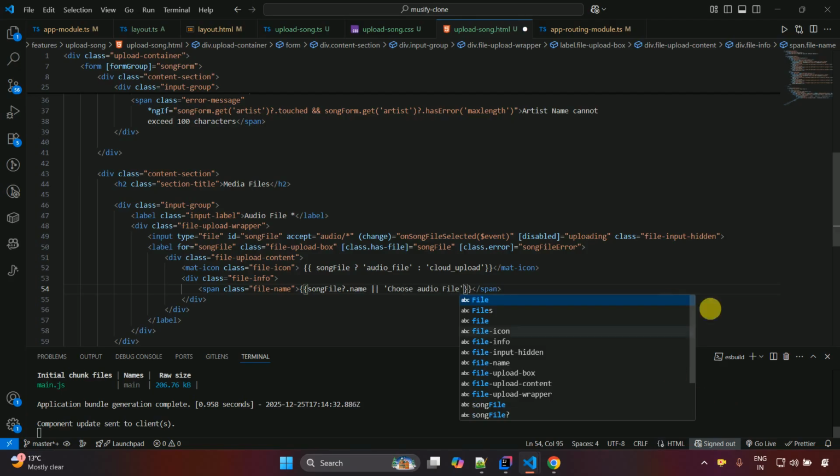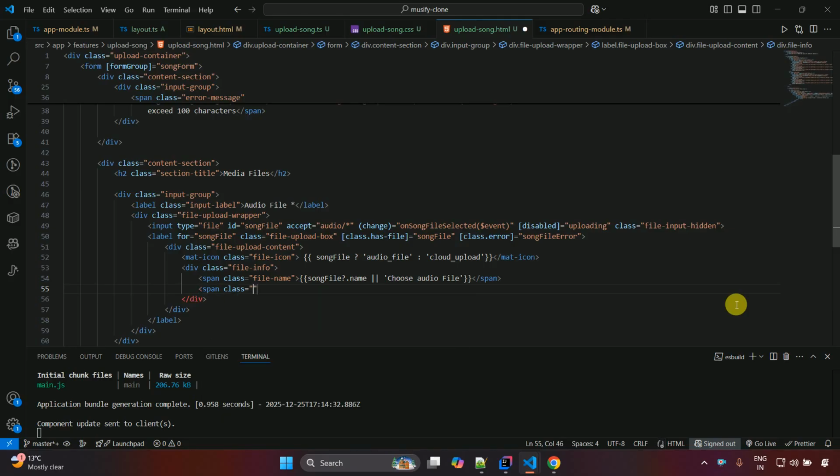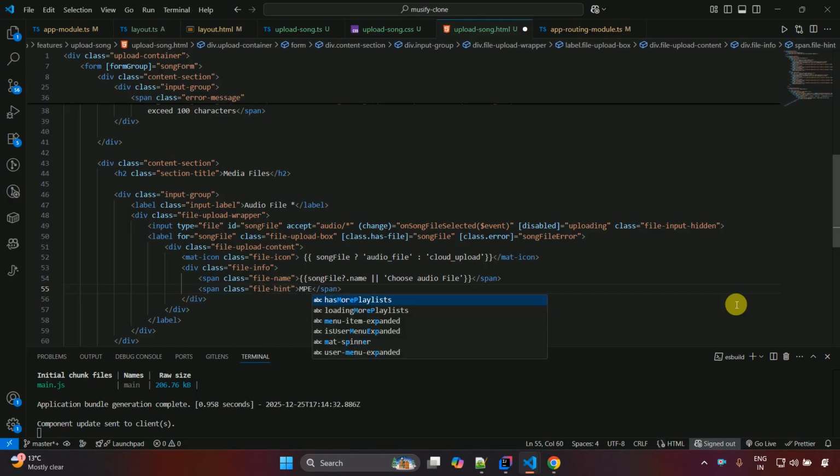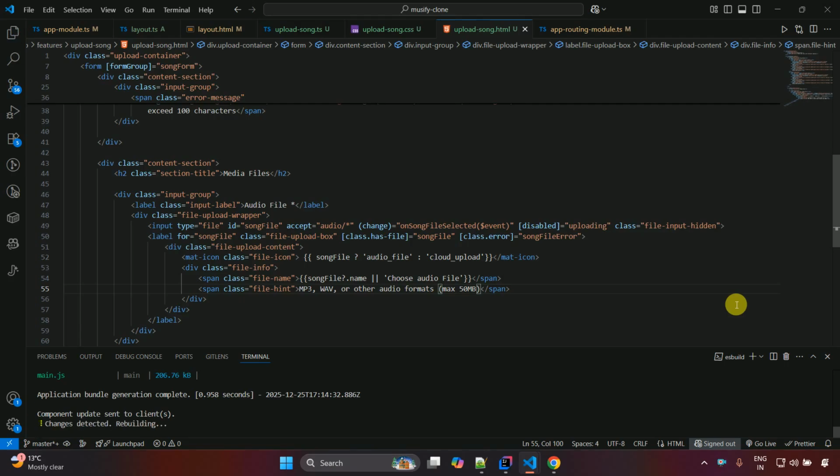Okay, and after that we have to create a span class file-hint, and just close this one, and mp3, wav or other audio formats, but it should be a max of 50 MB that the user can upload, as we have already added that restriction, so